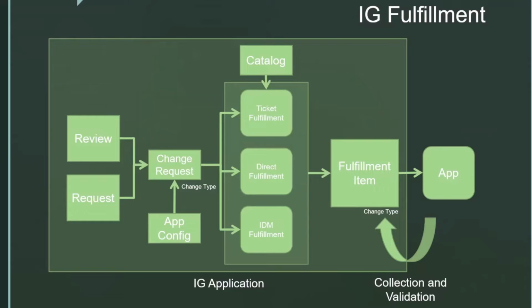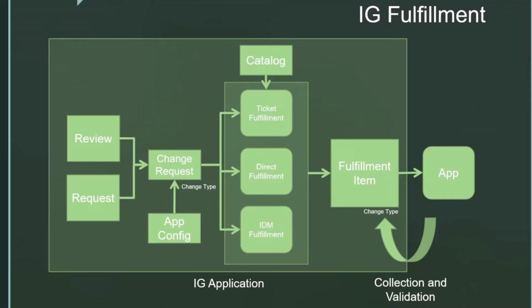Fulfillments are broken down into about a dozen types of changes. I think the four that are the most interesting are to add and remove an account from a system and to add or remove a permission from an account on a system. However, for each application onboarding in IG, you must specify how all fulfillment change types are handled. This means you could choose multiple methods for an application depending on the change type. For instance, maybe you decide new accounts go through a ticket system, but removals are instant and go through a